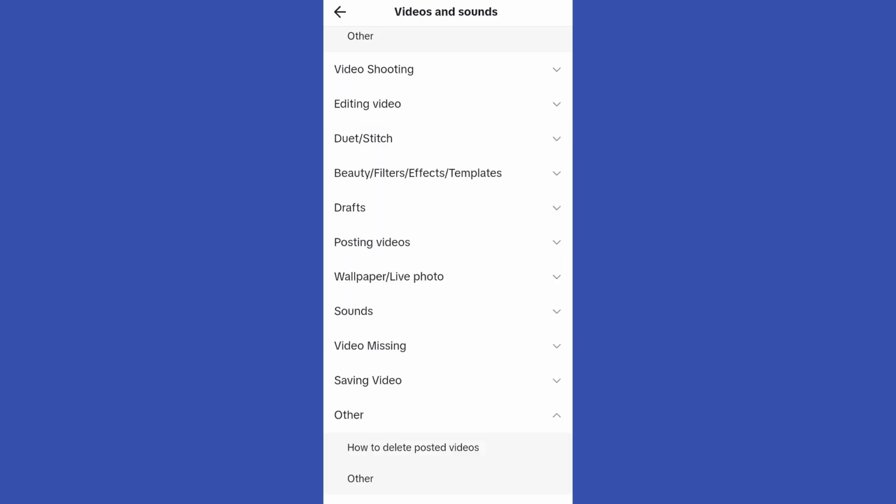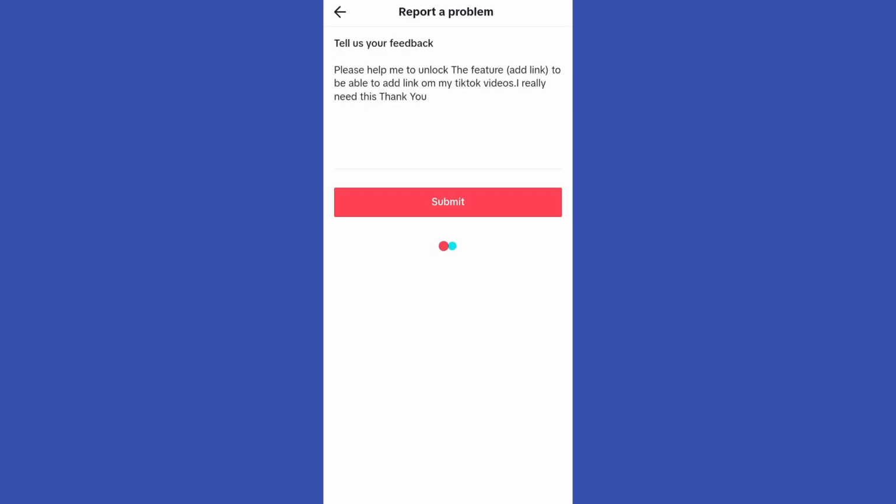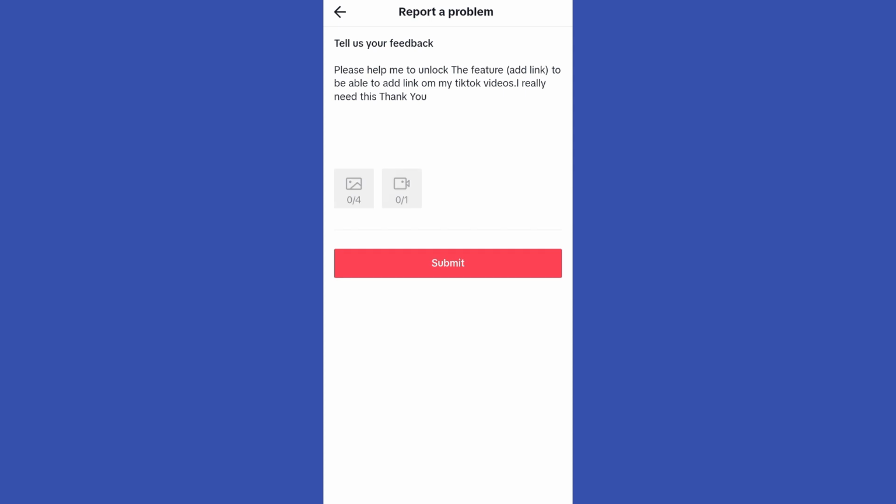Okay, so tap other, and once you tap this one, all you have to do is to just simply click no, and then tap need more help. Okay, and then here you just have to tell them about your feedback or your concern, your problem, such as